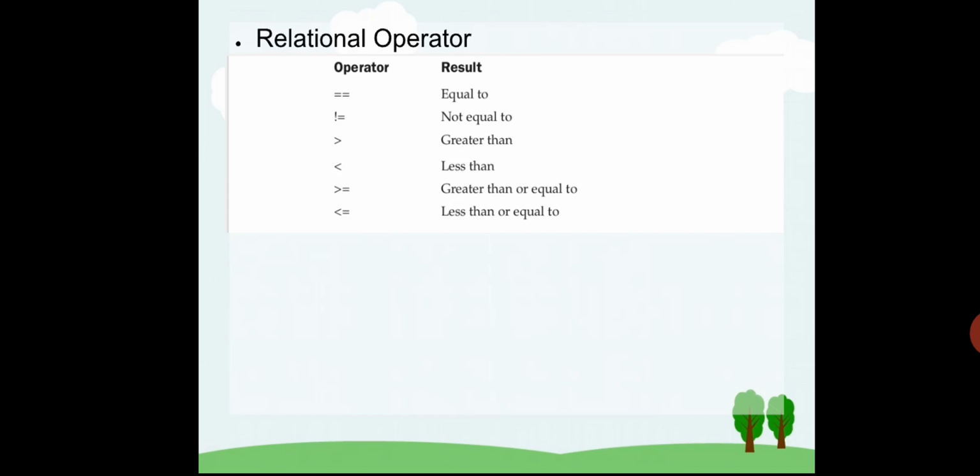So based on your requirement, all these operators are required to write a program or to deal with programming concepts. Based on the requirement you can make use of these operators. There are no new concepts in this. Even Java supports all these operators. That is the meaning.